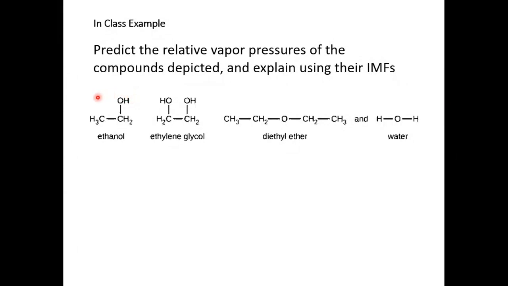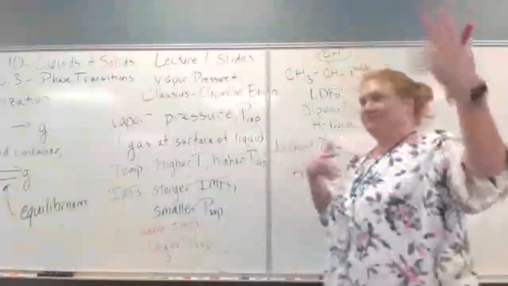There we go, guys. Look at that ethanol. It has an OH. It can only H bond with that one H that's right there. Y'all see what I'm saying? As what we know is going to be different about these other two. Okay. So the next lowest, no, sorry. Is that the right way to say that? Whatever. Ranking wise, we're going down. Ethanol has a lower vapor pressure than ether. Okay. Now,